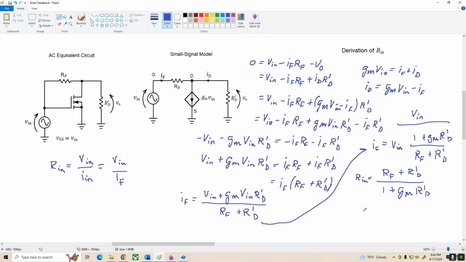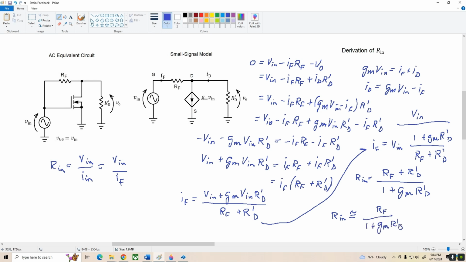We can make a slight simplification to this equation, though, by noting that generally RF is going to be very, very large compared to R prime D. So it's not going to have much effect. We can eliminate R prime D from the numerator without having any major effects. So we could also say that Rn is approximately equal to R sub f divided by 1 plus Gm times